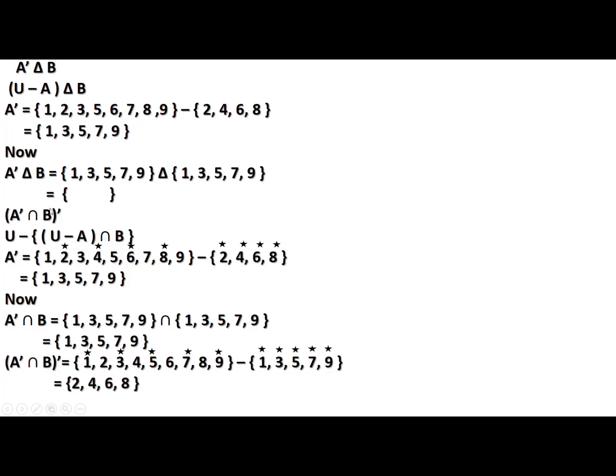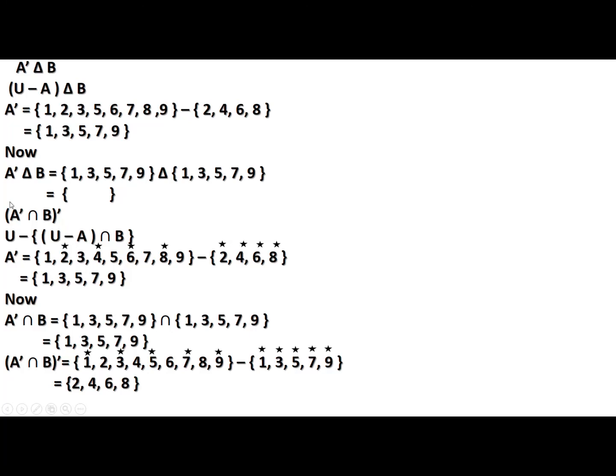Another example: complement, bracket open, A complement intersection B. So there are two complement signs. First, outside of the bracket there is a complement sign and it means U difference A. Then put the curly bracket. Why, students, am I using a curly bracket? Because I am using a round bracket inside, so therefore I have used the curly bracket. You can do it directly also, but it is for your ease of understanding. Then A complement is there, so the complement sign, U difference A, then intersection, and then B.